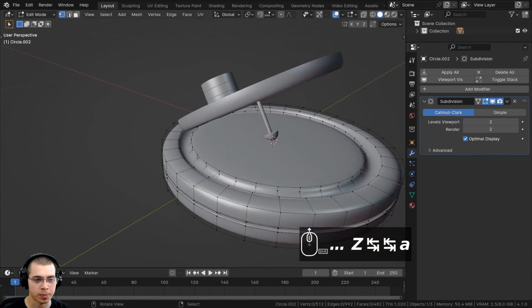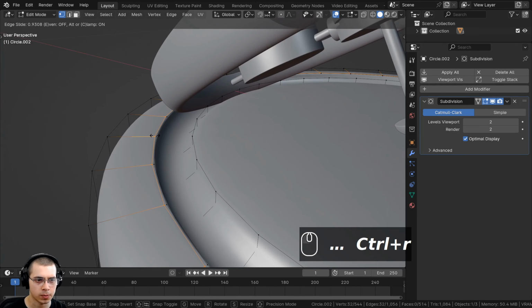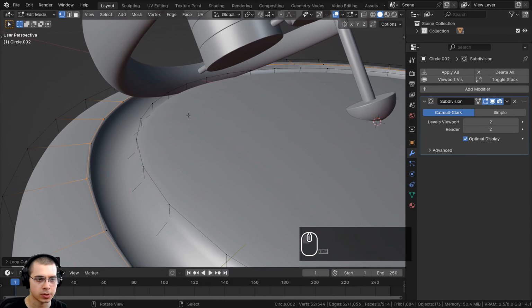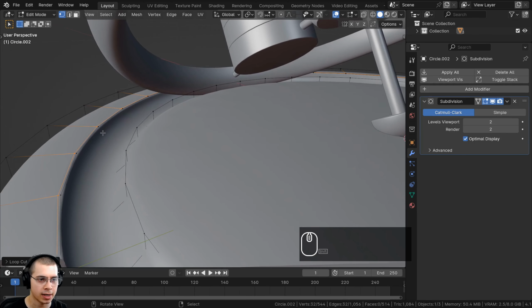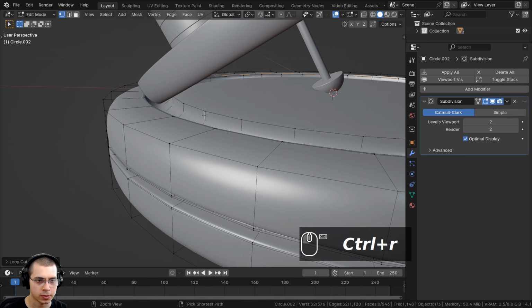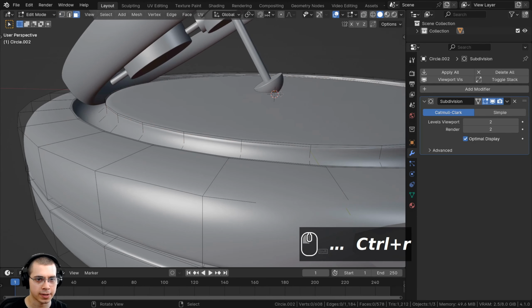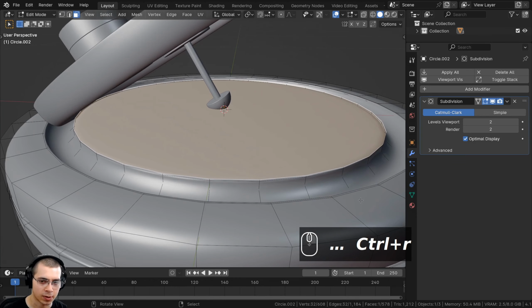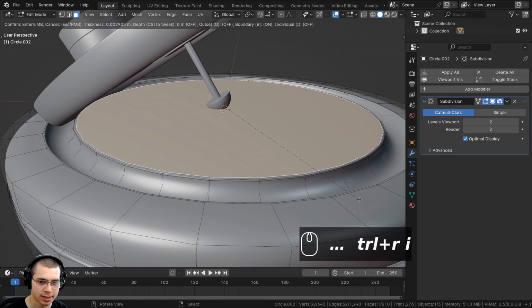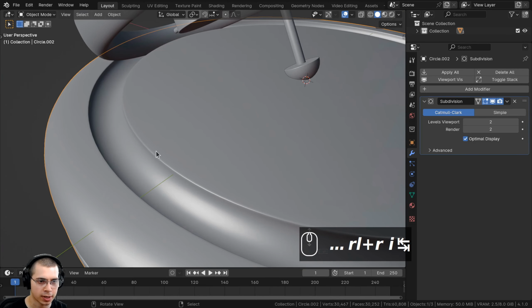And then I want to sharpen up the edges, so I'll press Ctrl R to add a loop cut, and let's drag the loop cut right over there. And then we're also going to add some loop cuts inside. So I'll press Ctrl R to add another loop cut, drag this one up here, and also Ctrl R to add another loop cut, drag that one up there. And then let's go to the face select. We're going to select this face, and we'll press the I key to inset it just a little bit so that it's more sharp there. So if I go back to object mode, you can see those edges are nice and sharp now.